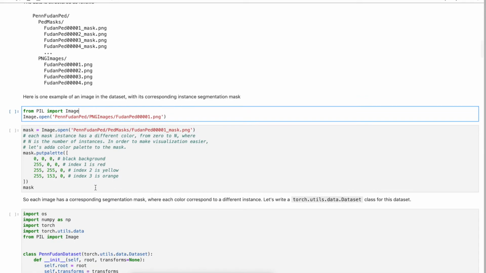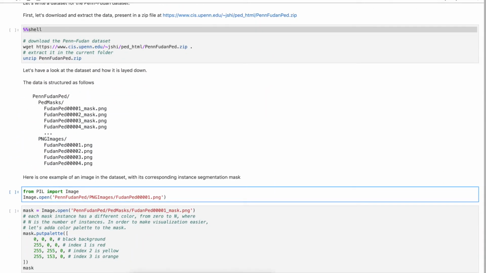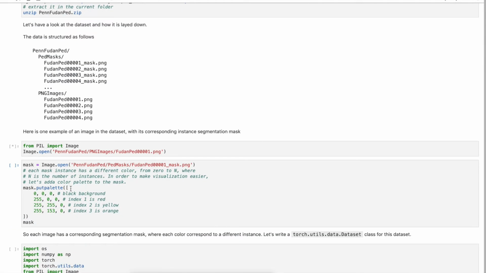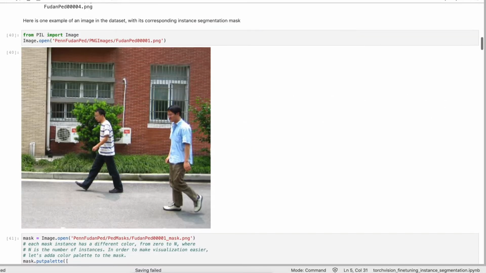So this is the dataset already downloaded, and I am running it here and you will see the results and how the image looks.